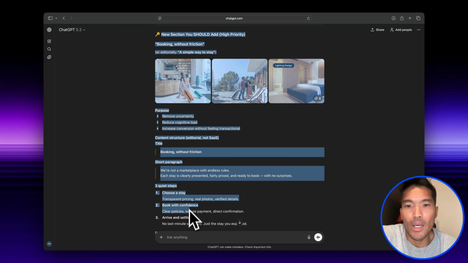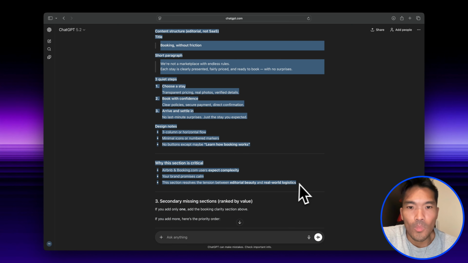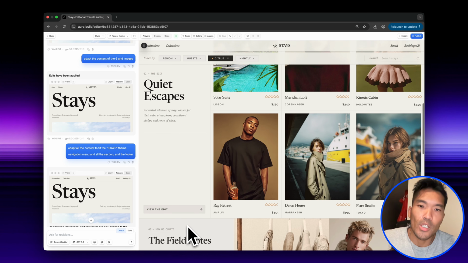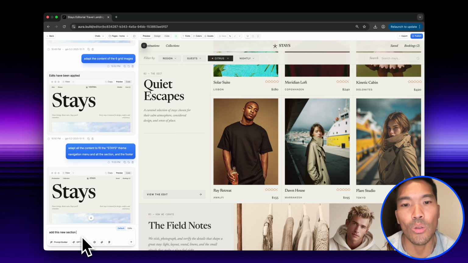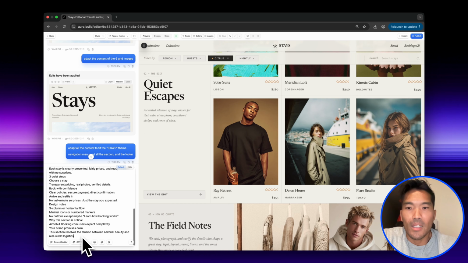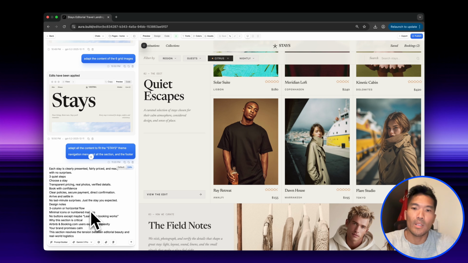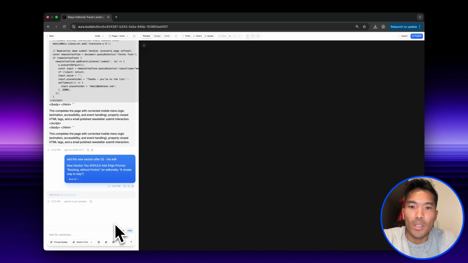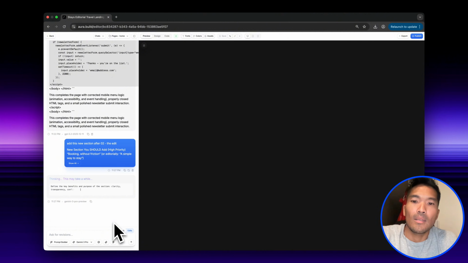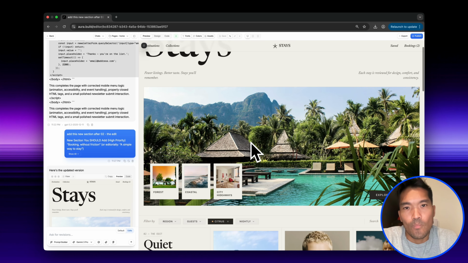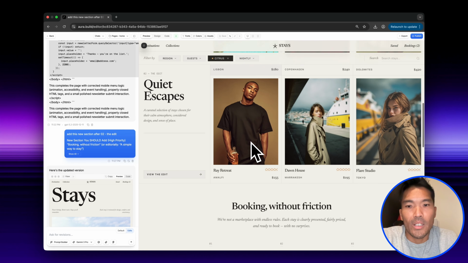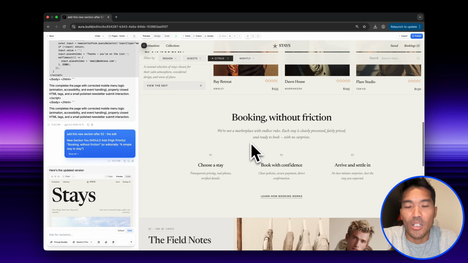Now, what if you need to add a completely new section? Once again, you copy the recommendation from ChatGPT and paste it back into Aura as a prompt, asking it to add a new section right after section 2. This time, since I'm adding a new section, I like to use edit mode and switch to Gemini 3.0 because it will focus on inserting one section while matching the overall styling of the layout. As you can see, a new section gets added between two existing sections, keeping the same vibe, colors, and overall